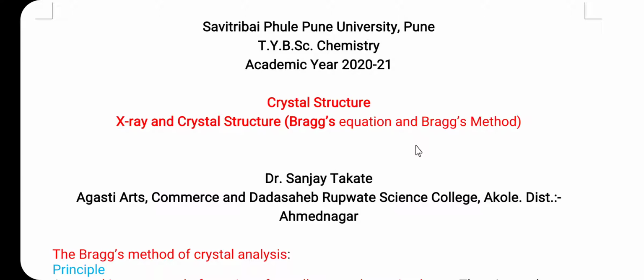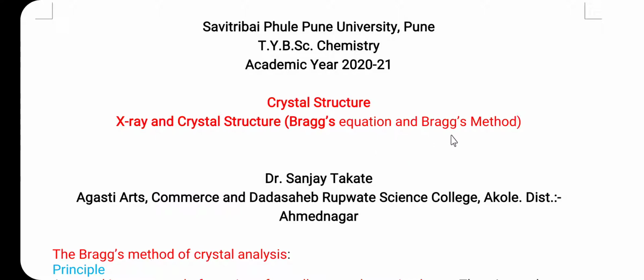In this lecture, we are going to discuss X-ray and crystal structure, that is Bragg's equation and Bragg's method. So friends, all of you know that there are various methods for the study of the crystal structure, such as Laue method, Bragg's method, powder method and rotating crystal method. In the last lecture, we already discussed the Laue method, and in this lecture we are going to discuss